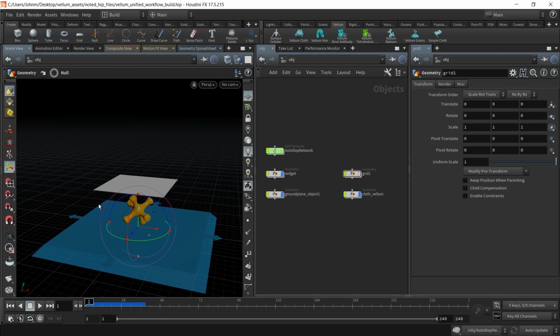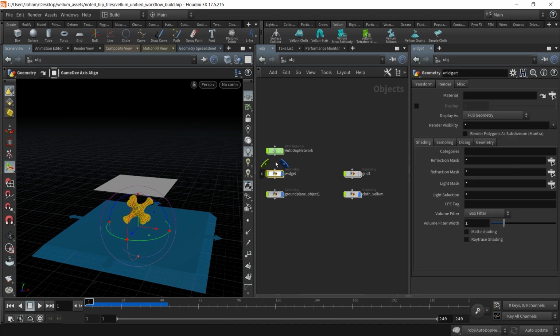And we can see that absolutely nothing happens with the widget, right? The cloth falls, it does interact with the ground plane, but it doesn't interact with the widget. And that's because the widget has not yet been made a static object. So we'll come up to the collisions tab and make sure the widget is selected and then click on static